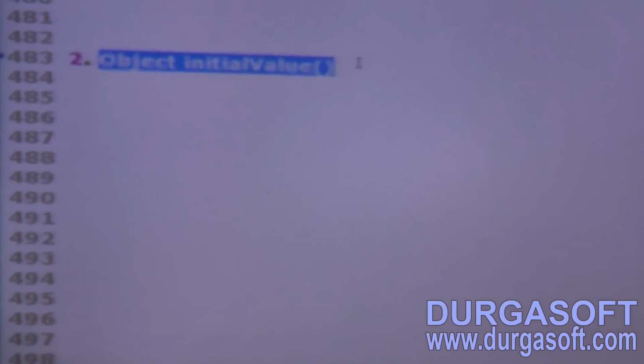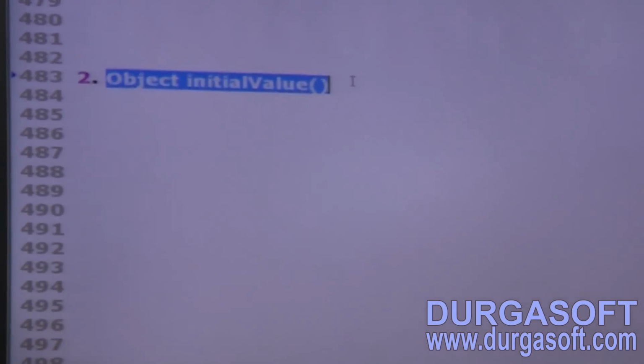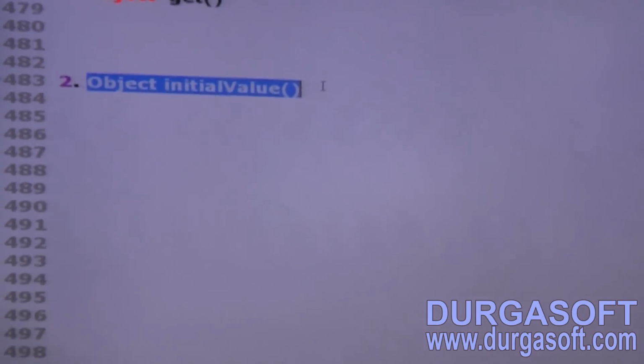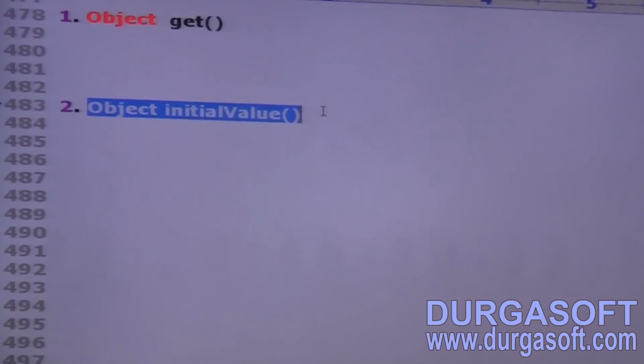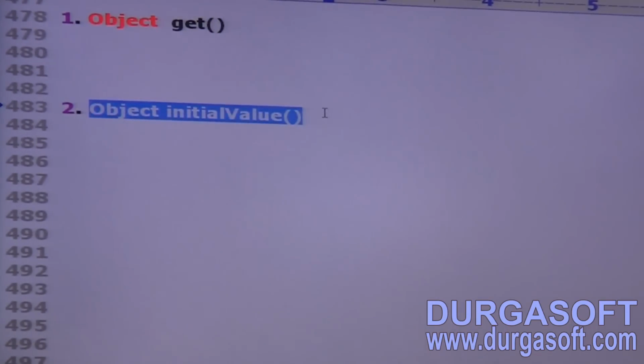Next, second one, Object initialValue. It returns the initial value of the thread local variable associated with the current thread.